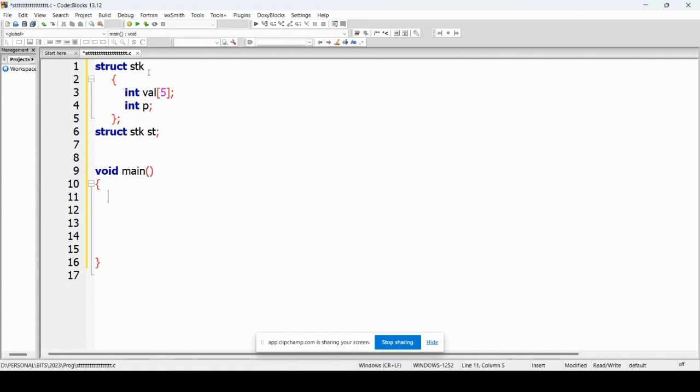Now within main method, as we are going to call the push, pop, and display function more than one time, so we will make a switch. So before making a switch, we will first assign the p variable as -1. So p will be accessed through st dot operator. St dot p will be assigned as -1,